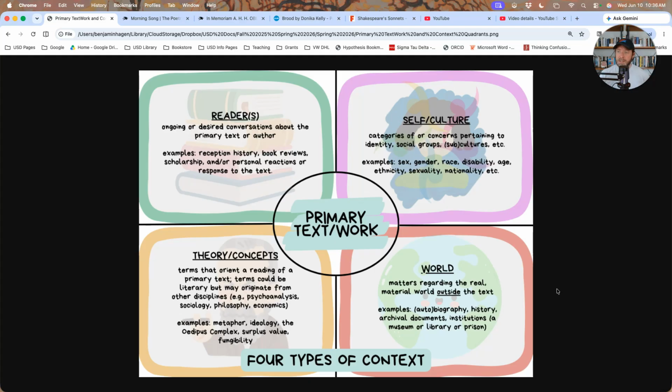I share all this not to say that one has to take notes on all of these kinds of contexts, but rather these are, to me, the possible domains someone can draw from in order to map out for themselves what they might want to know, either before pursuing a more professional assessment, interpretation, evaluation of a text, or just in some sense a self-evaluation of what they themselves still might want to know before